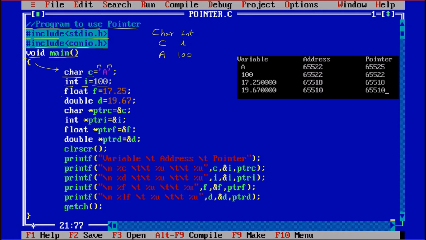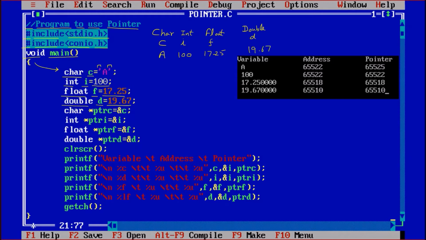Then float f, one float type variable is declared, and let us suppose the value we have taken is 17.25. Then double d, one variable of double type is declared, and let us suppose the value is 19.67.